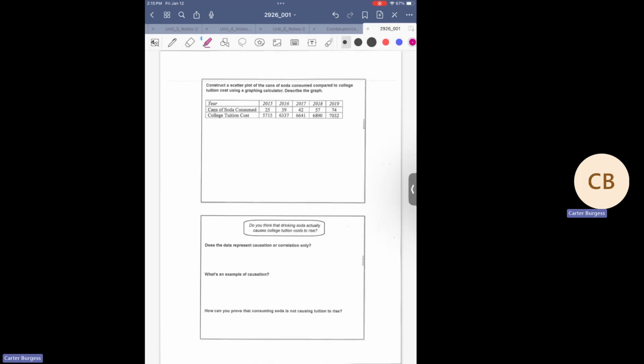Okay, so we could run the linear regression on this. You could draw up the scatter plot. Turns out that there is a positive correlation between these two. Okay, do we see in the description of what's going on here the use of the word experiment? No, don't see the word experiment. And so would we ever be able to say anything about causation as far as consumption of soda and college tuition? No, certainly would not be able to.